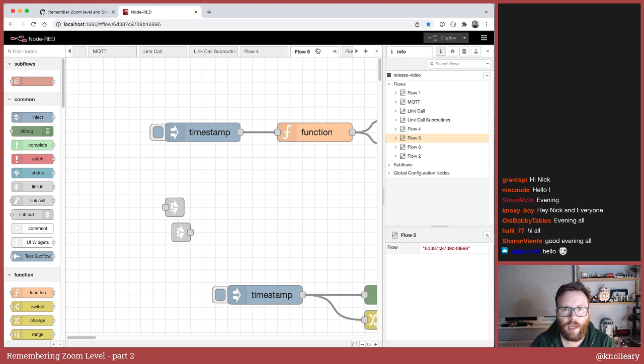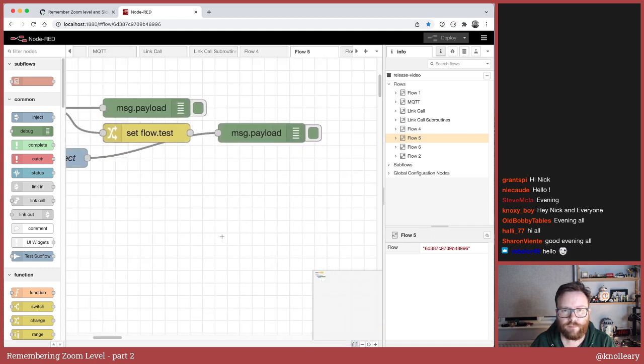So it's remembered what tab I'm on, it's remembered my zoom level, but it hasn't remembered where in the workspace I am. So first thing I want to do is we're going to add to this feature, not only remember the zoom level, but also remember the scroll position on the tab.